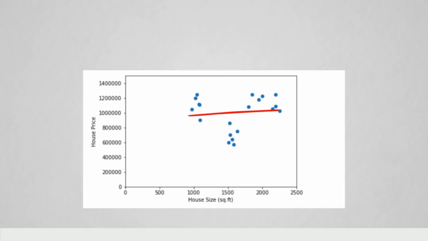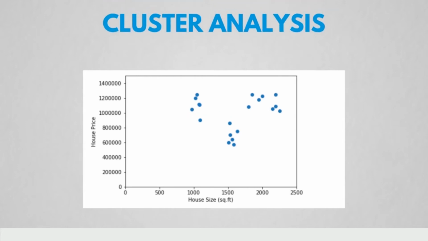Yes, we could. When the data is divided into a few groups called clusters, you can apply cluster analysis. This is another technique that will take into account that certain observations exhibit similar house sizes and prices. For instance, this cluster of observations denotes small houses,